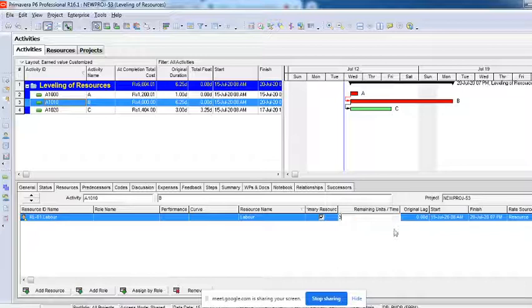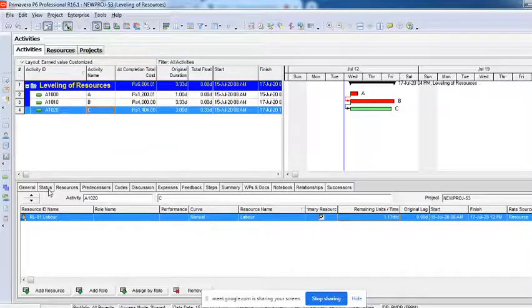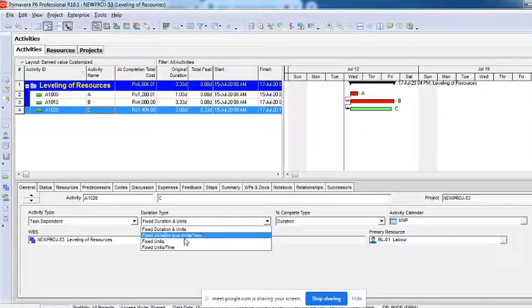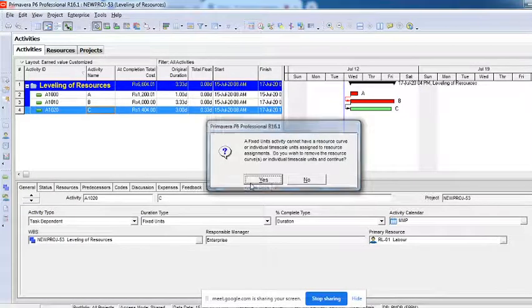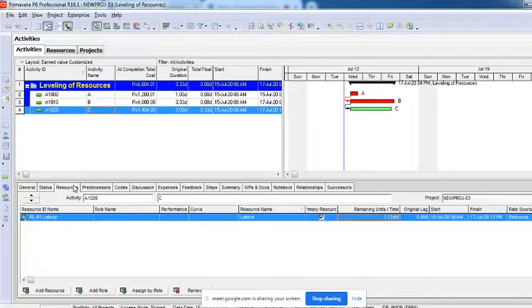Here I'll assign 3 labors, and here also I'll assign 3 labors. Before that, again I'll have to change to fixed units. So I'm making it fixed unit for all the 3 activities, because I do not want to change anything in my activities. So I made it fixed.